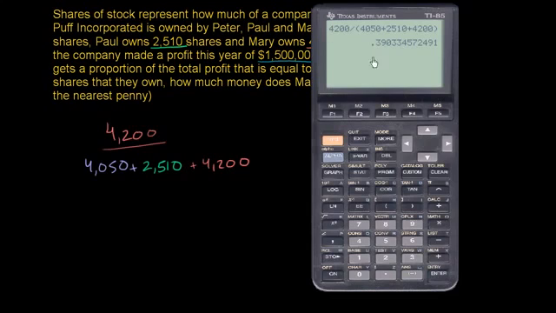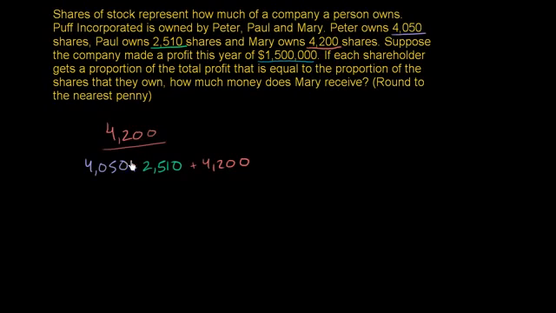This right over here is 0.390. Actually, let me just leave it like that. So this is approximately equal to 0.39. And if we want to figure out how much profit she gets, it's this much times the total profit. So Mary gets 0.39, and this is the exact quantity right over here; 0.39 is the approximation. This little squiggly equal sign is how I say approximately. She's going to get 0.39 times the total profit, which is